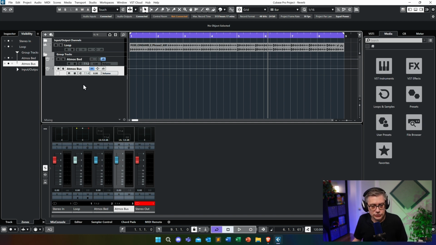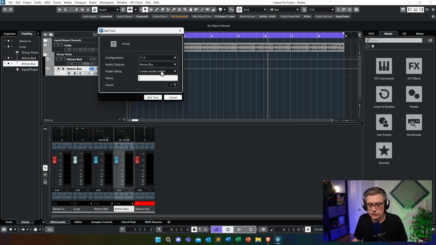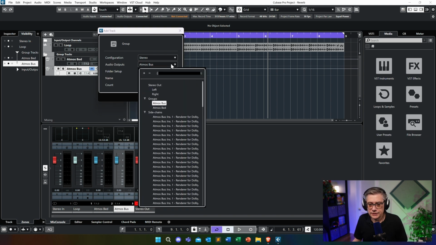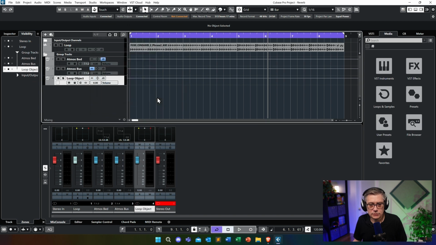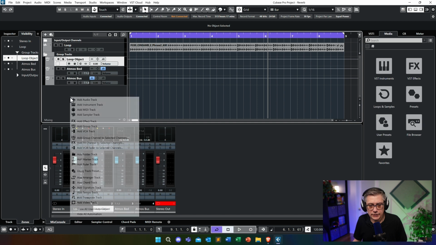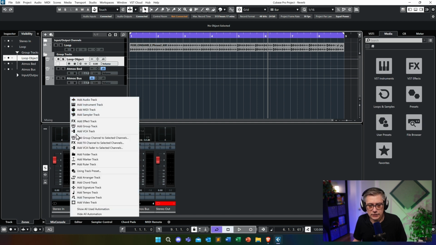So let's add two stereo tracks here. The first one is going to be responsible for the dry signal, so that's going to be the loop object. So the output, let's send that into the bus, and let's call that, how do we call that? Let's call that loop object. So we're going to send that here, and let's move that up to have that a little bit organized. And then let's add a second one,